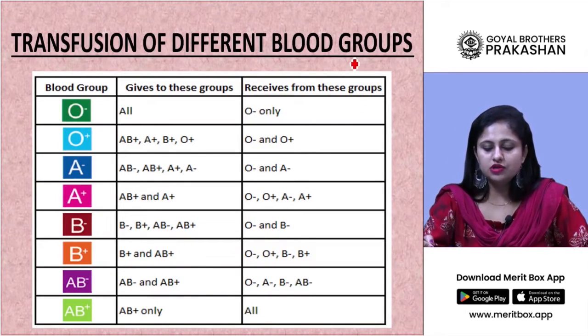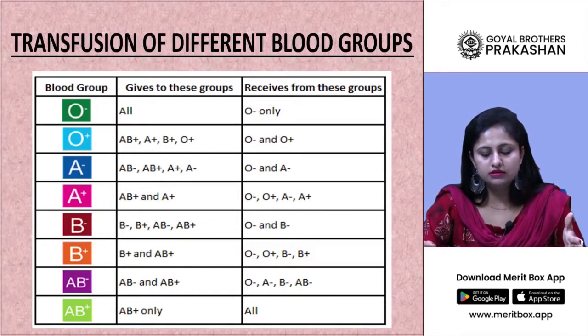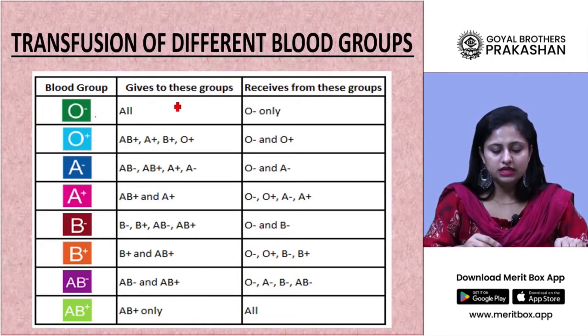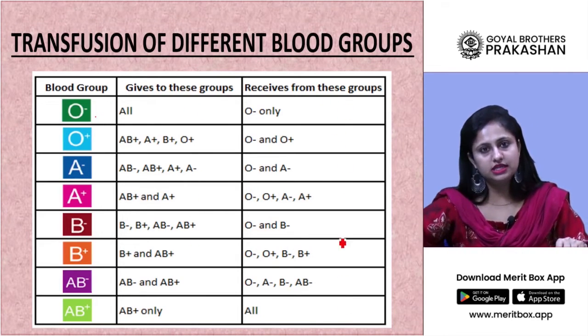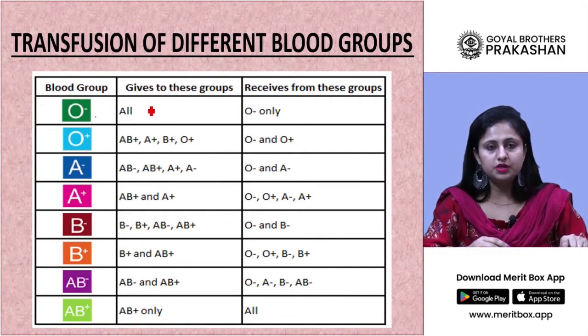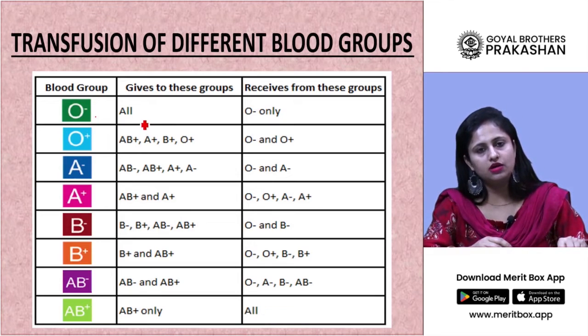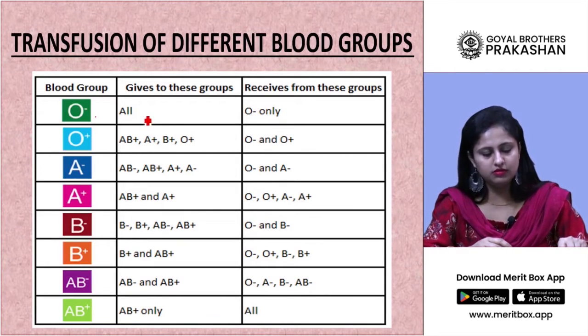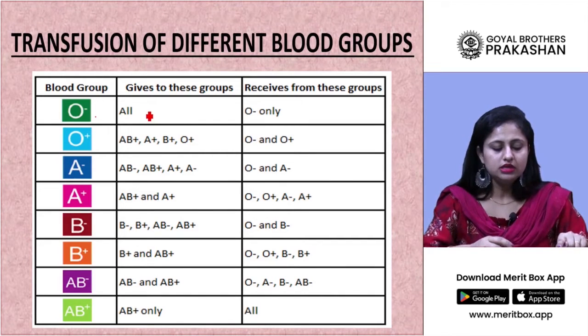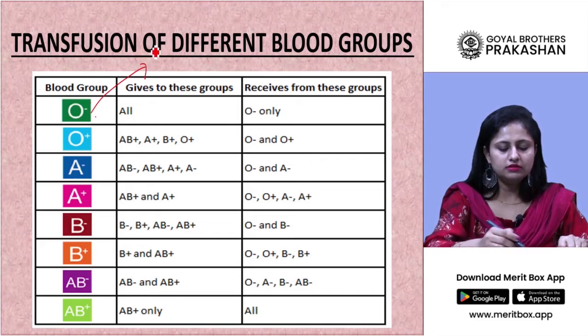So this is the transfusion of different blood groups shown in a tabular form. This is blood group O negative, which gives to these groups and receives from these groups. The person with blood type O negative can give blood to all types of recipients, for example, a person with blood group A, a person with blood group B, a person with blood group AB, and a person with blood group O. So this is the reason why they are known as